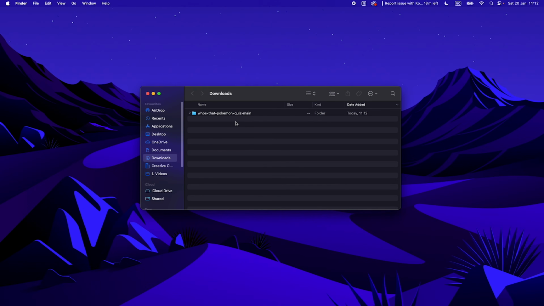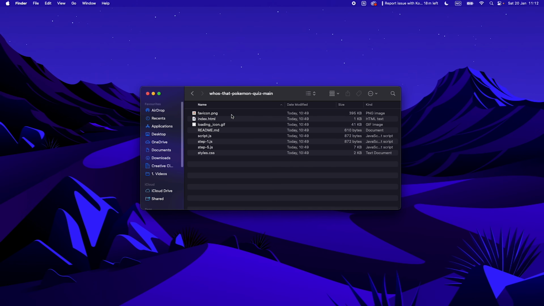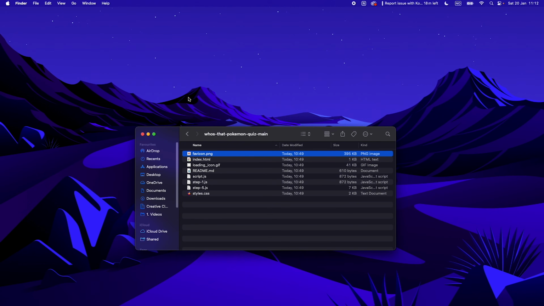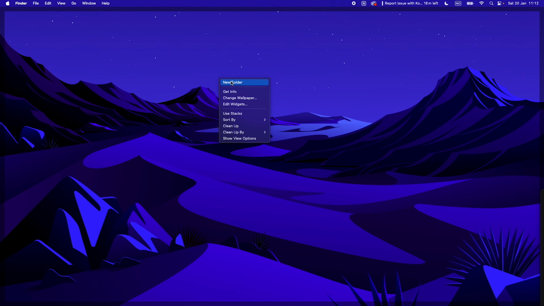Once that is downloaded, you're going to find the folder and extract that, and you're going to see all the code for the finished project. We're going to use the images here and just drag that into our new project that we're making. So I'm just going to create a new folder on my desktop here, and I am going to call it Pokemon Quiz